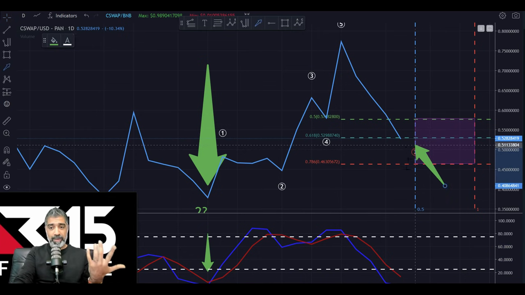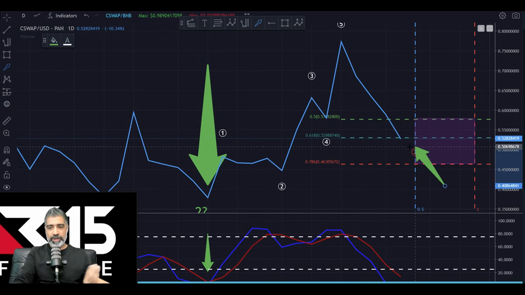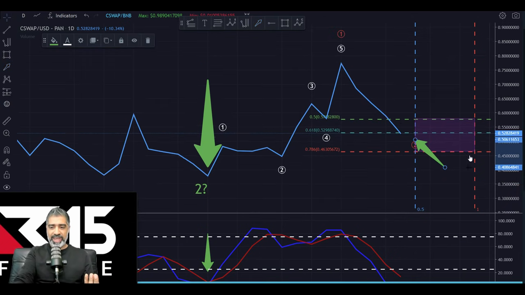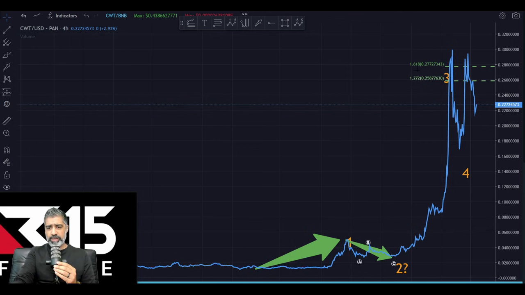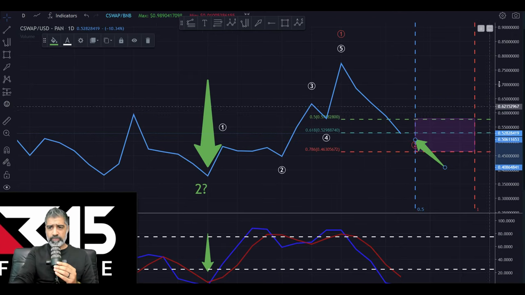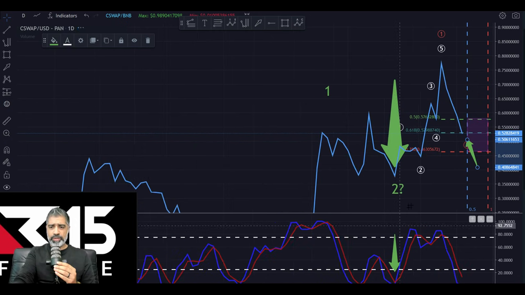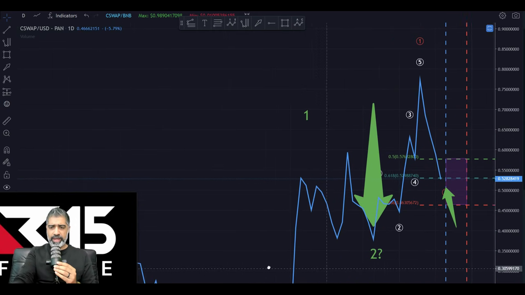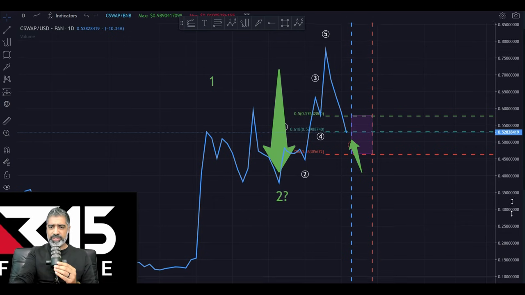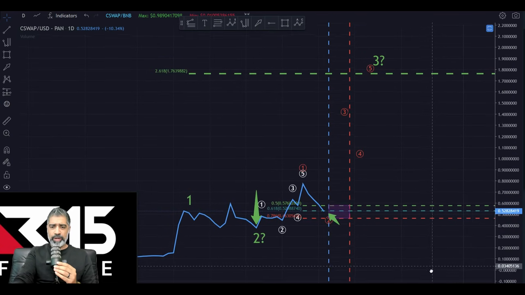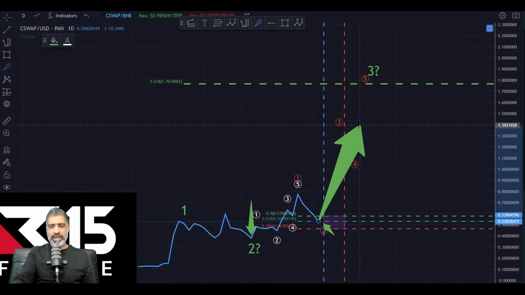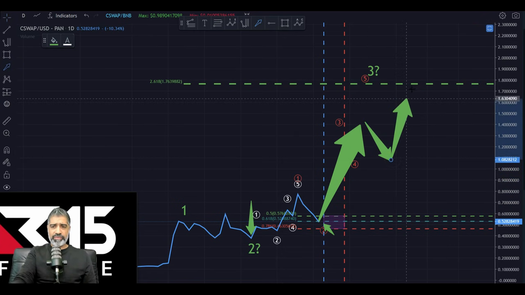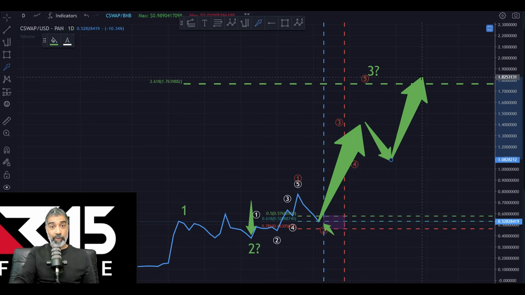Anything can happen. You know, major selling can occur for some reason, but the likelihood is we always want to go with the probabilities. And if this is the case, what will tend to occur next, like we saw with Cross Wallet, is the next impulsive wave. So now we're just going to do a bit of perspective. Let's just get rid of the momentum indicator. Let's just squeeze it down. What will tend to occur more often than not is a wave 3, something like this. And then we'll probably get a wave 4 of a wave 3, and then a wave 5 of a wave 3, something like that. And then we'll kind of approach that $2 zone.